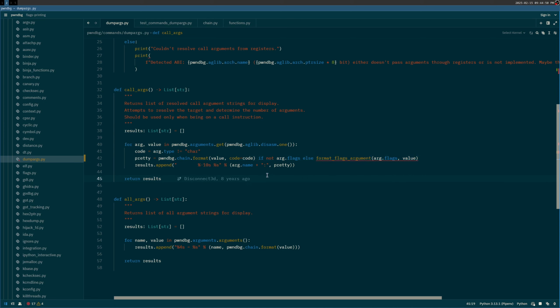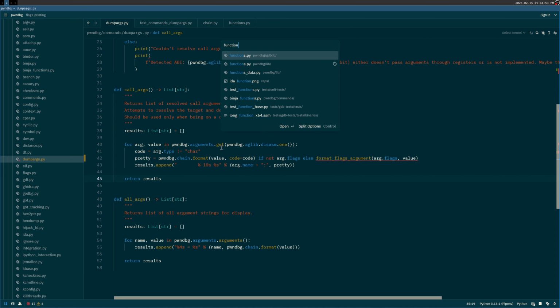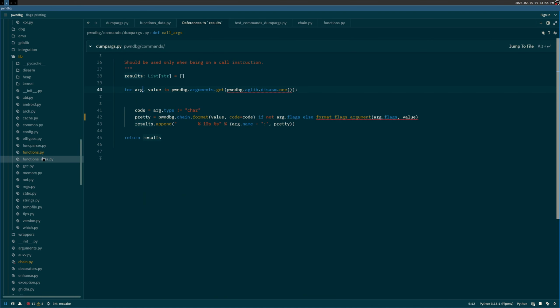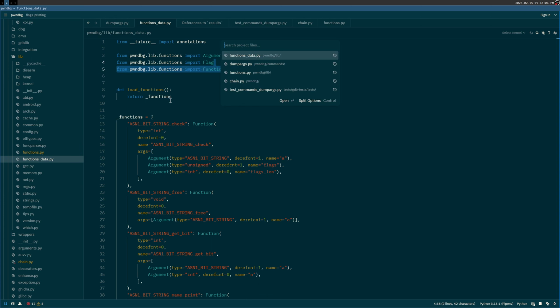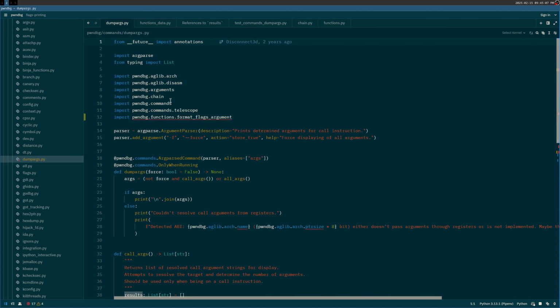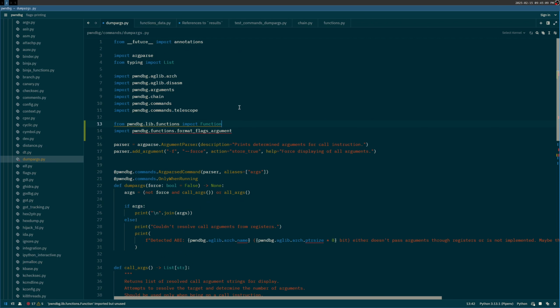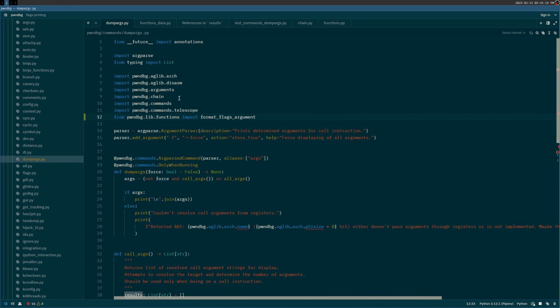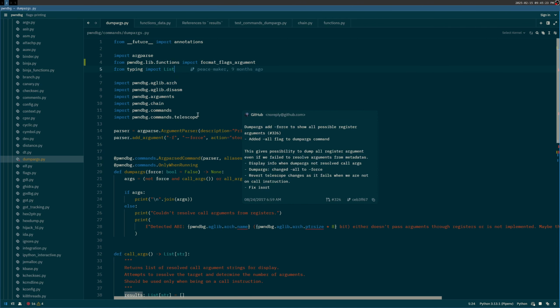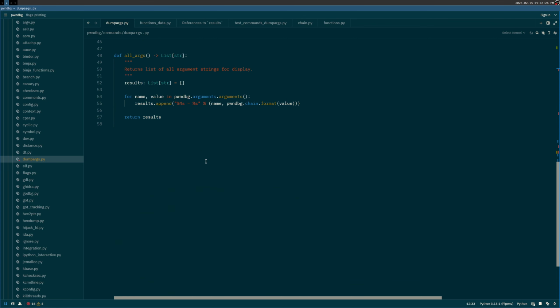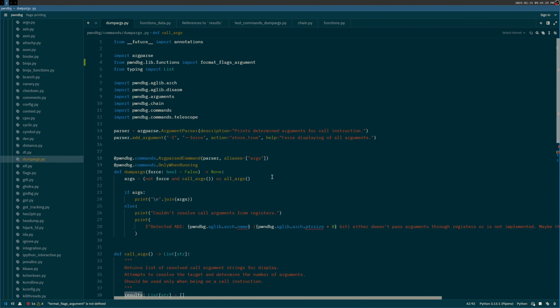This says it's undefined, so I'm going to look at functions data. Yeah, it looks like I messed up the import. It's supposed to be pwndbg.lib.functions. And I totally messed up the syntax because I don't program Python. So if I do this, is this going to work? And I guess this should be up here now. So I think with that change,